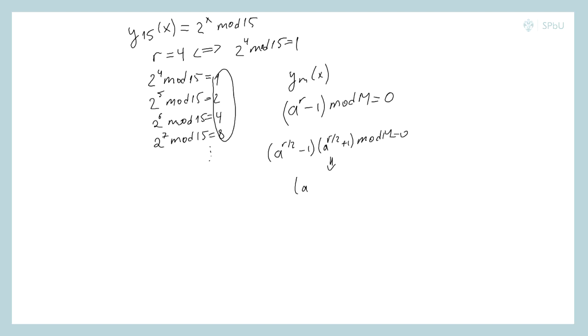or the product of a to the power of r/2 minus 1 and a to the power of r/2 plus 1 equals lambda times m, where lambda is the